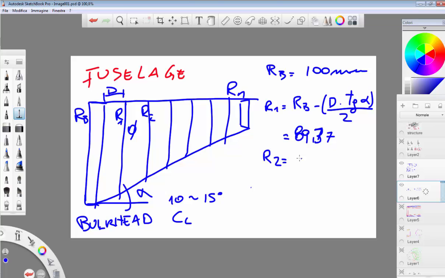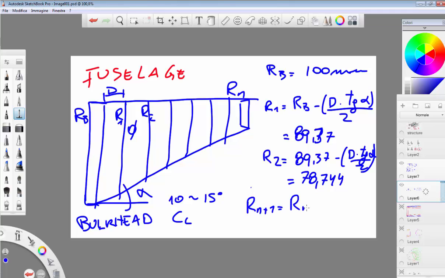Then R2 will be 89.37 minus D multiplied by the tangent of alpha divided by 2, and this is 78.744. In general form, R2 should be R1 minus the same term. Sorry, these calculations are valid for alpha equal to 12 degrees. After you have repeated all of these values,